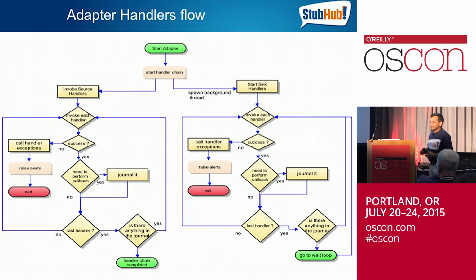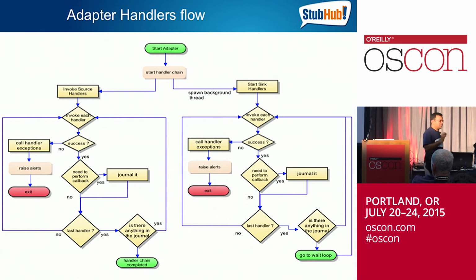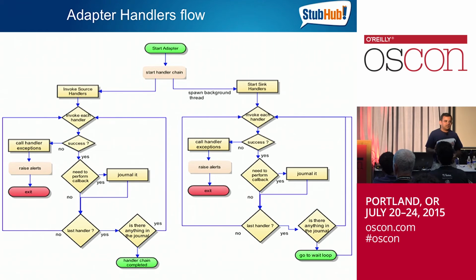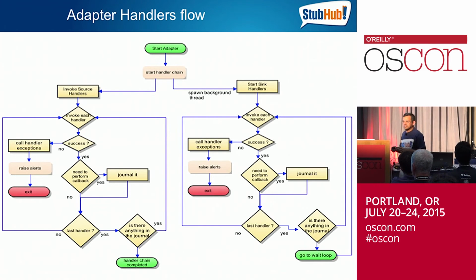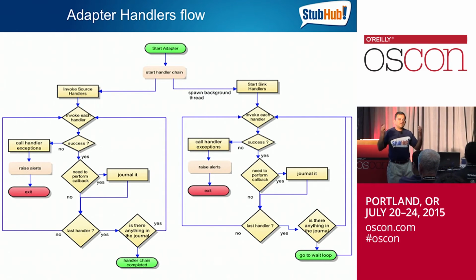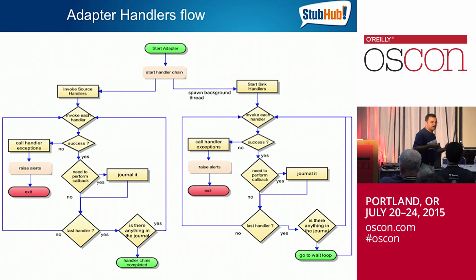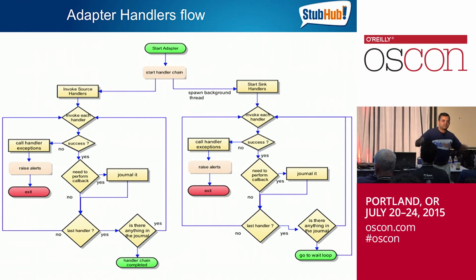This is the key part of it. Handler chain, orchestrating these handler chains, where somebody does not need to manually run a script, somebody does not need to manually remember when the data is going to come or when the data is done ingesting. This goes in a loop like that. This is the kind of orchestration that we talked about. And this is the ability to express, for each of these handlers, when they're done, when they need to be called back, and how the process is automated for that.